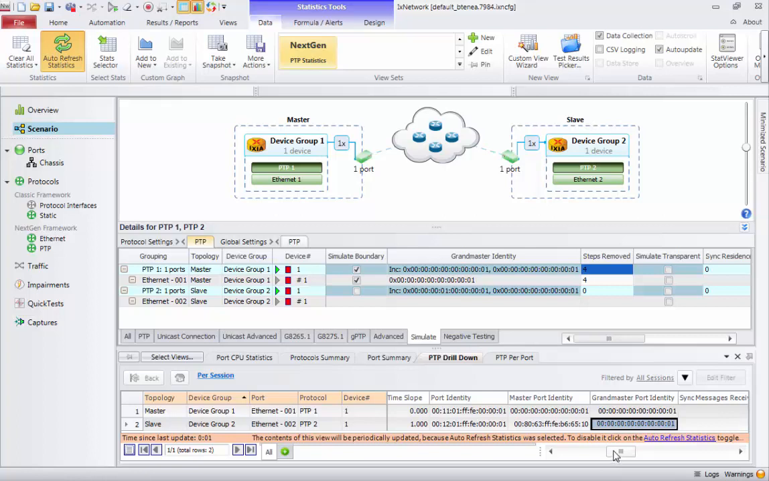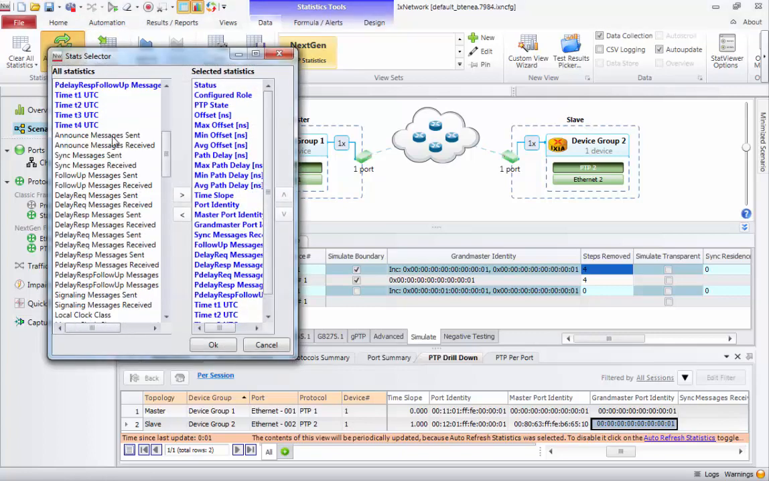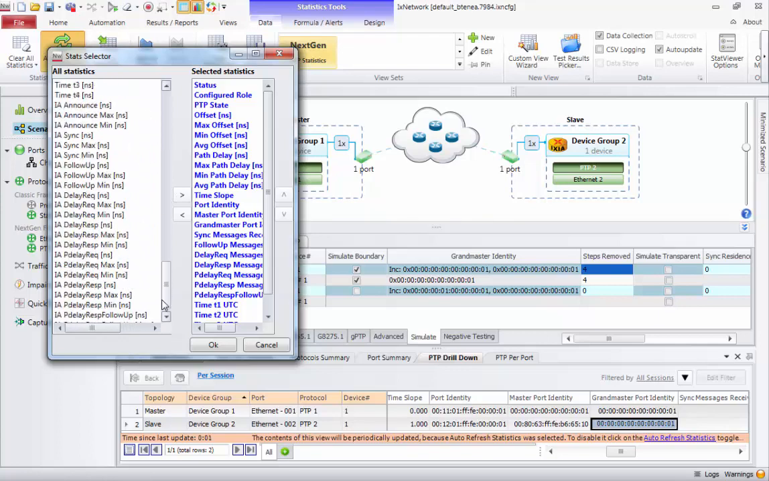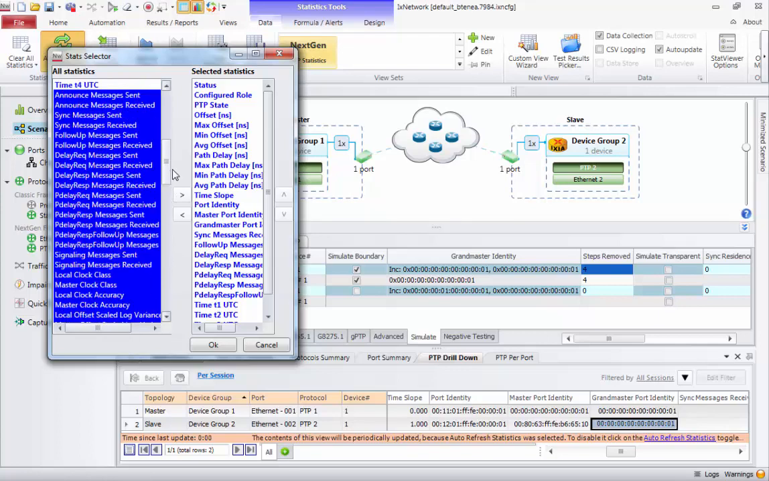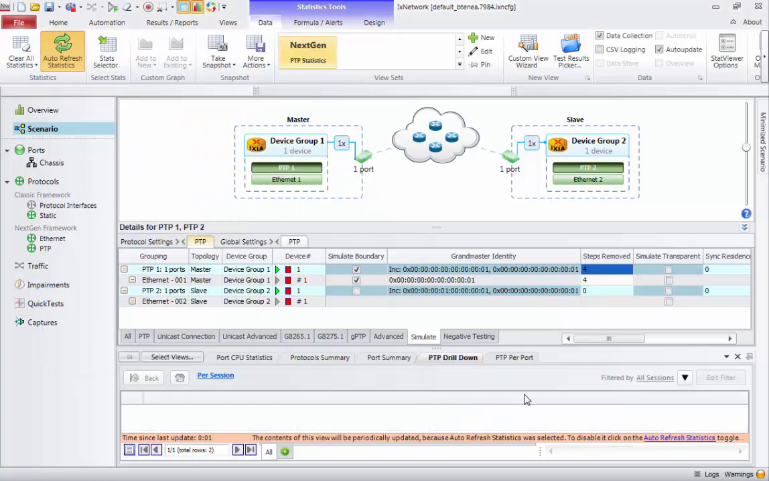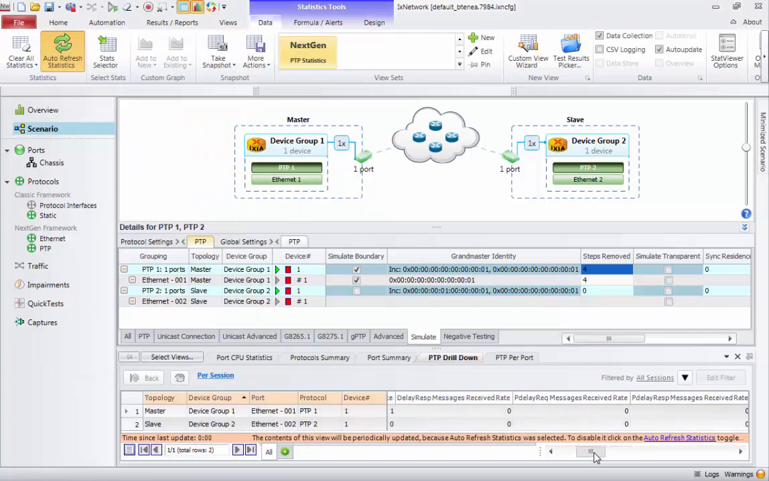Another important BMCA test is to verify that the bridge correctly propagates grandmaster values on the fly. So for this we'll be adding a few more statistics to this view from the stats selector button, and I'm simply going to go ahead and add all the statistics available for PTP to this view. The view automatically gets refreshed, and we want to look out for the